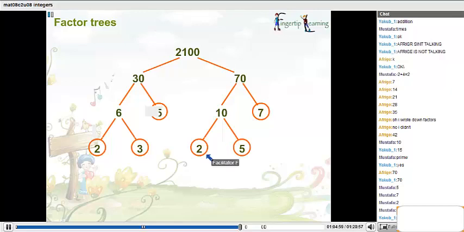Now after getting all those numbers, I can write everything together like this. So the final result I can write as 2 to the power 2, 3 one time, so I am writing it as it is, 5 two times, that means 5 to the power 2, multiplied by 7. So if you multiply all of this together, you will get 2100 as the answer. So this method we are calling factor trees, right? So after talking about factor trees, why they are using the word trees, you all can see